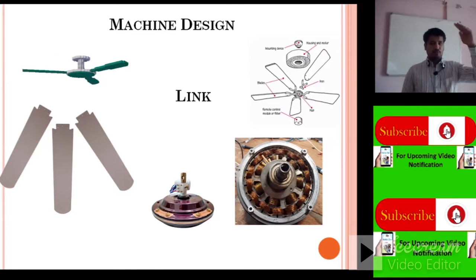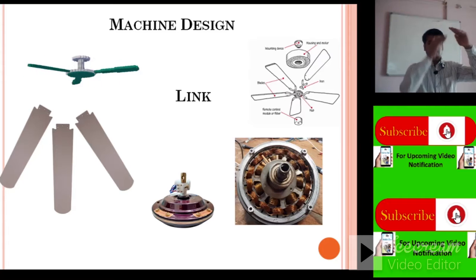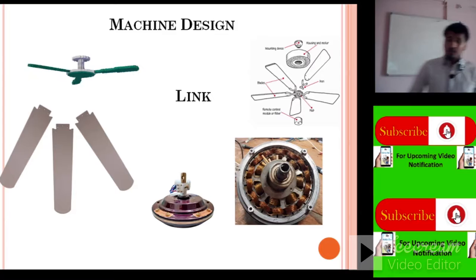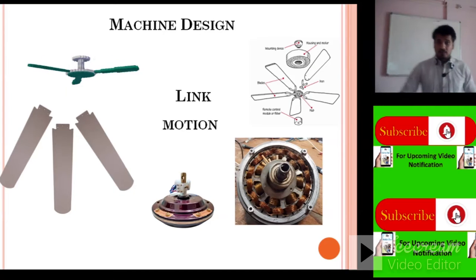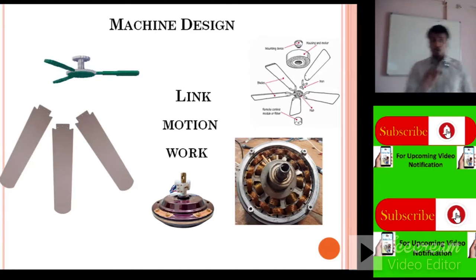We have first of all linkages. When we connect 2 linkages together we have the chain. When we add 2 or more chains together we have a mechanism, and when we give motion to that mechanism, that time we get some work from that machine or from that element, and all these parameters are called a machine.